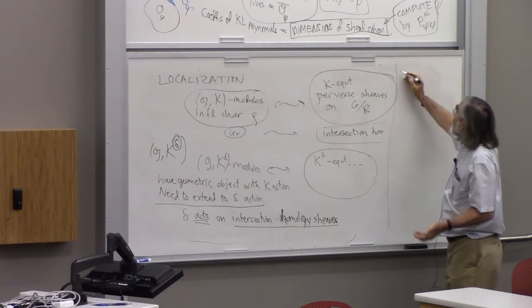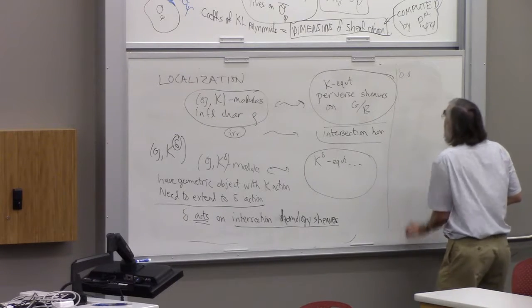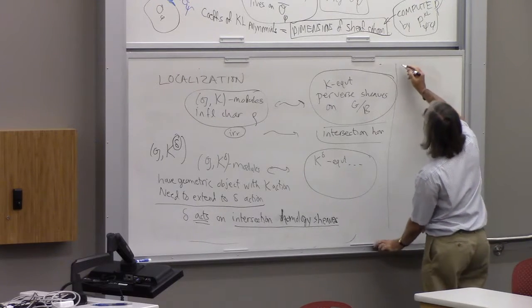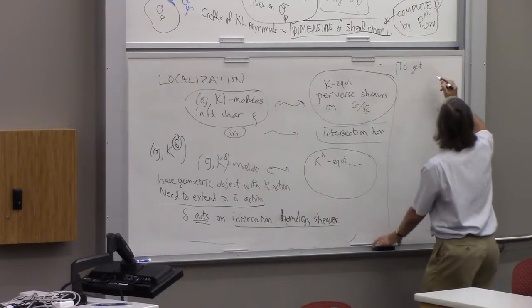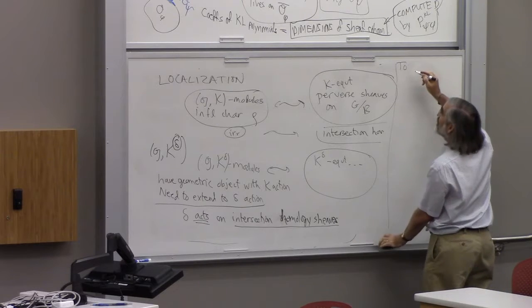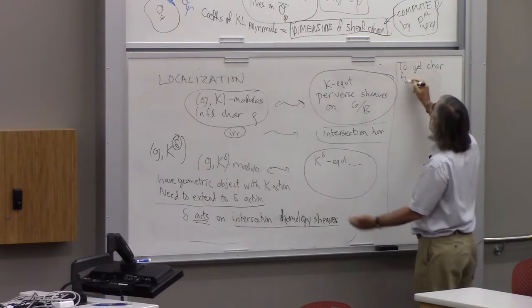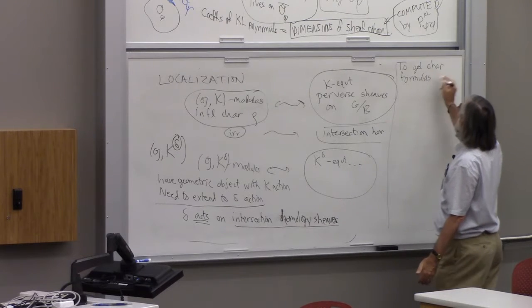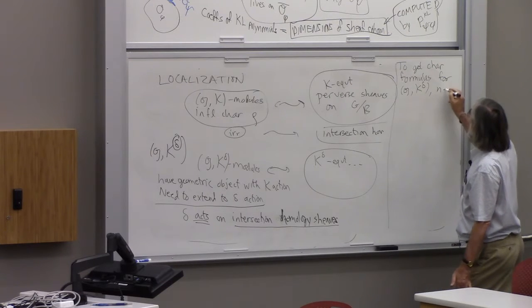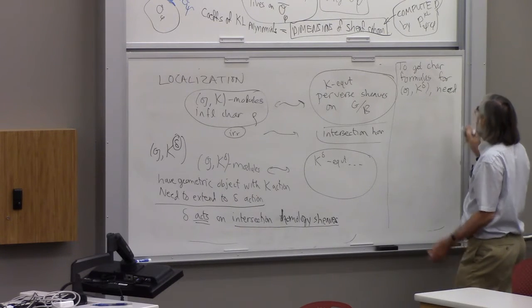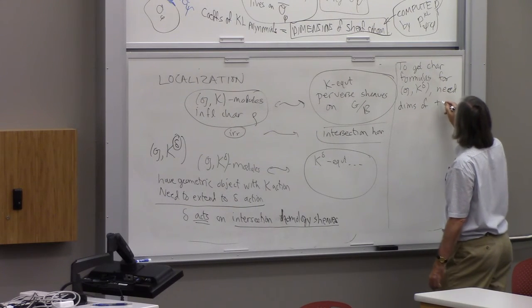So now this delta, well, what we need here to get character formulas for these GK delta are the dimensions of the +1 and